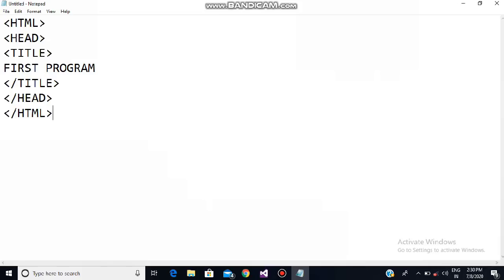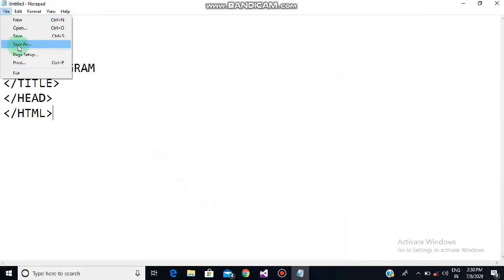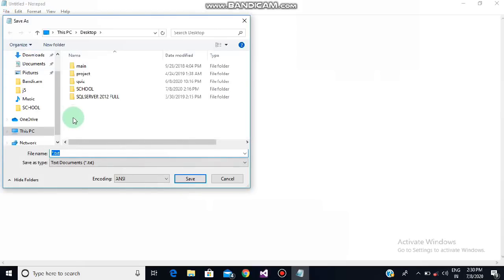Okay children, now comes the very important part, saving the document. When you save this document, you go to the file option and go to the save as option. Children, please make sure you do not go to the save option. First you go to the save as option. Now here in the file name you write any appropriate name that you feel like. Suppose I'm writing first, or let's say code dot. Now this dot